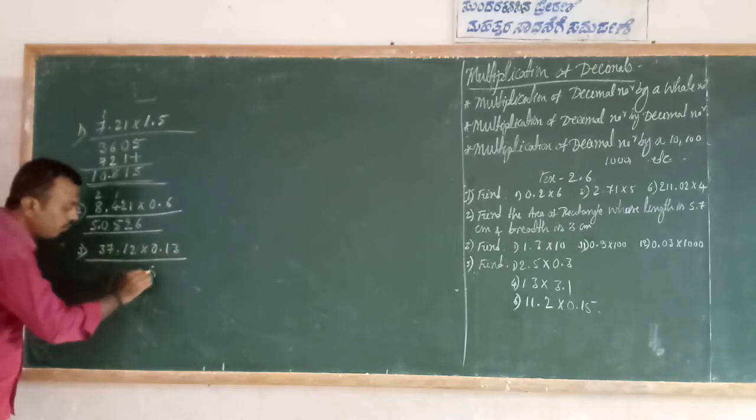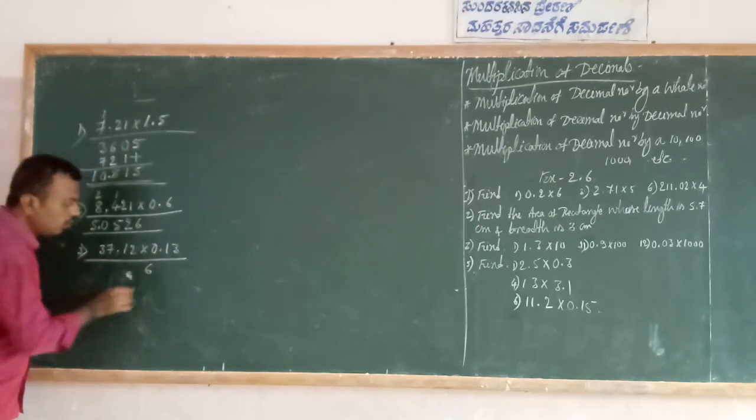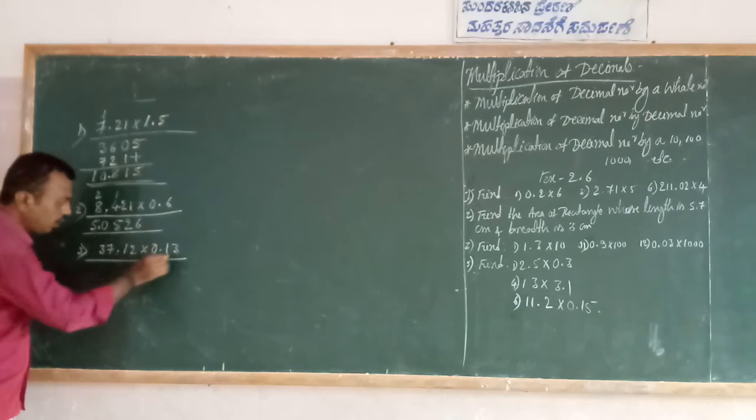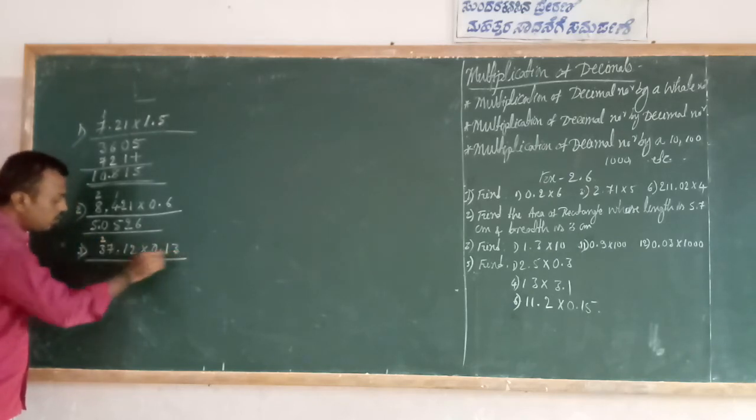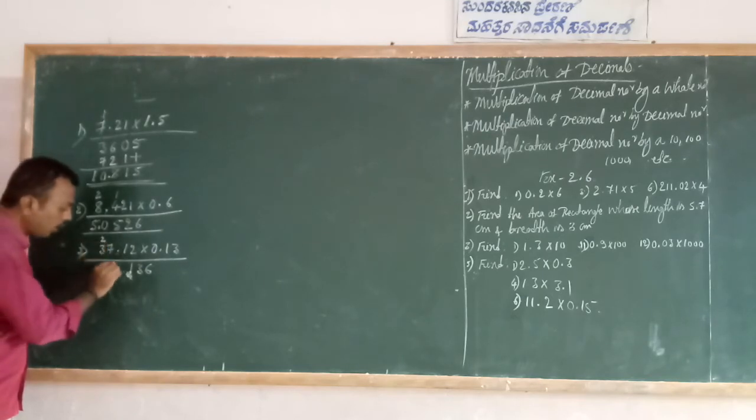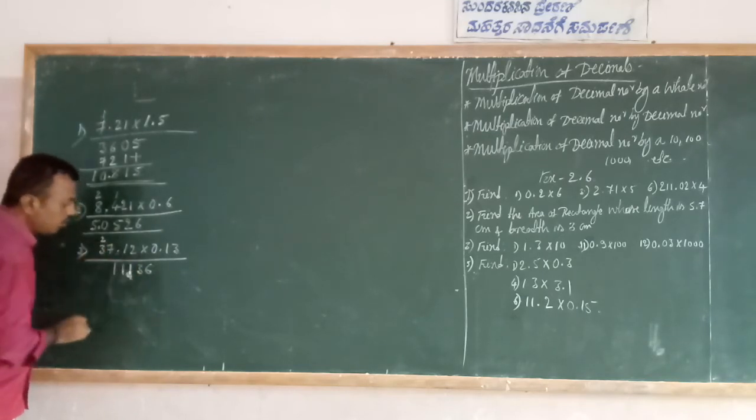3 2s are 6, no carry. 3 1s are 3, no carry. 3 7s are 21, 1, 2 carry. So 3 3s are 9 plus 2, 11. Okay. So next,